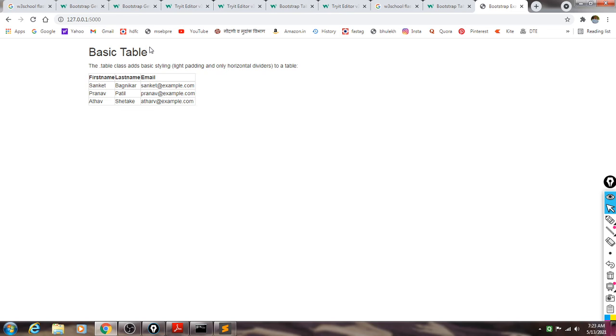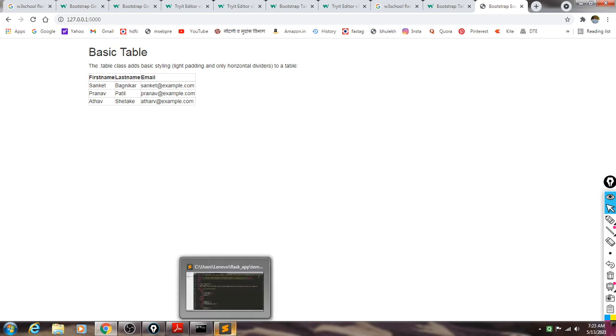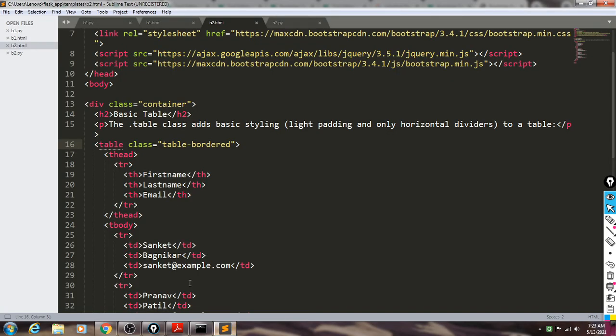Not necessary each and every time we have to copy the class from that particular website. We can create our own class. Suppose I want to assign some background for that particular table class. I want to assign some different border method. I want to take the table to the center of the page. So we can do it on our own. We can declare our own class.